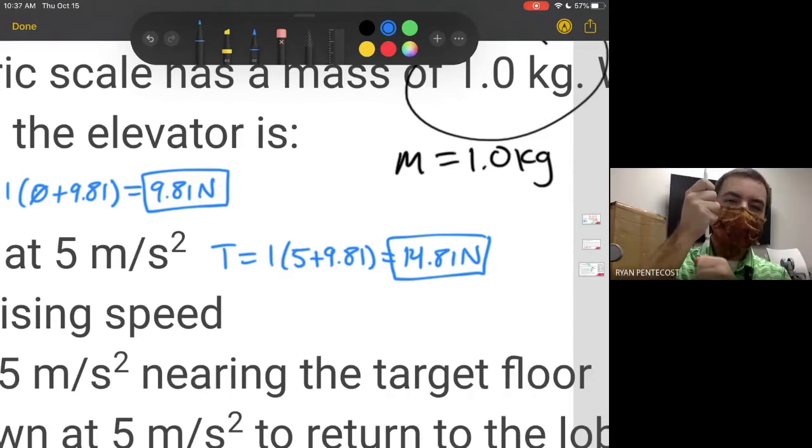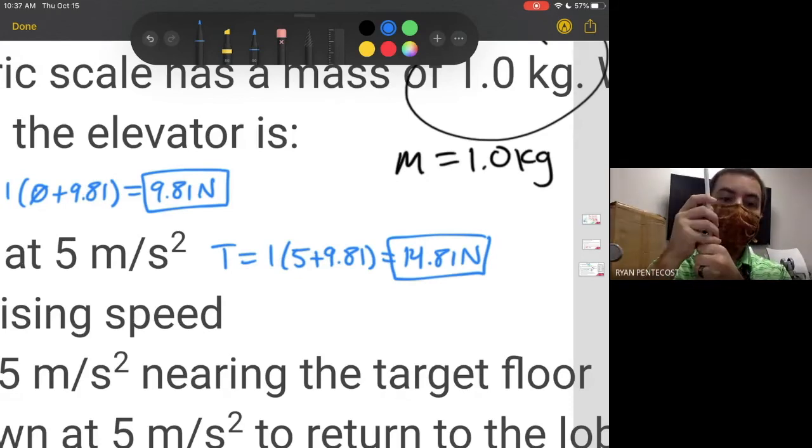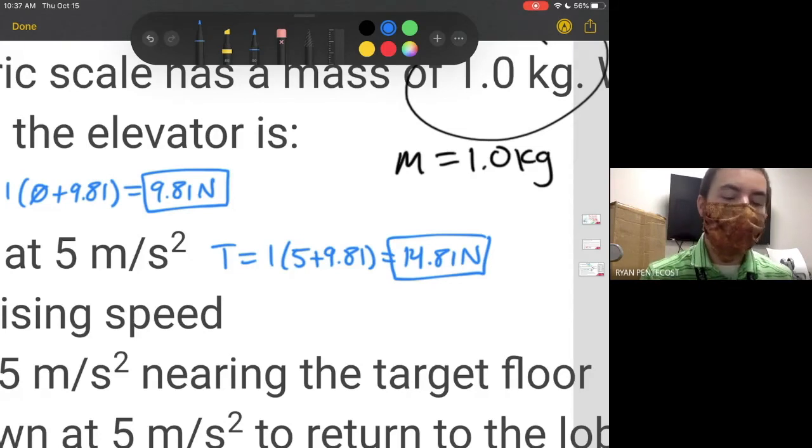So that's going to pull a little bit harder on that scale. It's kind of like a relativity thought experiment, right? The scale tries to take off and the fish resists the motion. So during that acceleration of 5 meters per second squared, until it gets up to its cruising speed, that scale